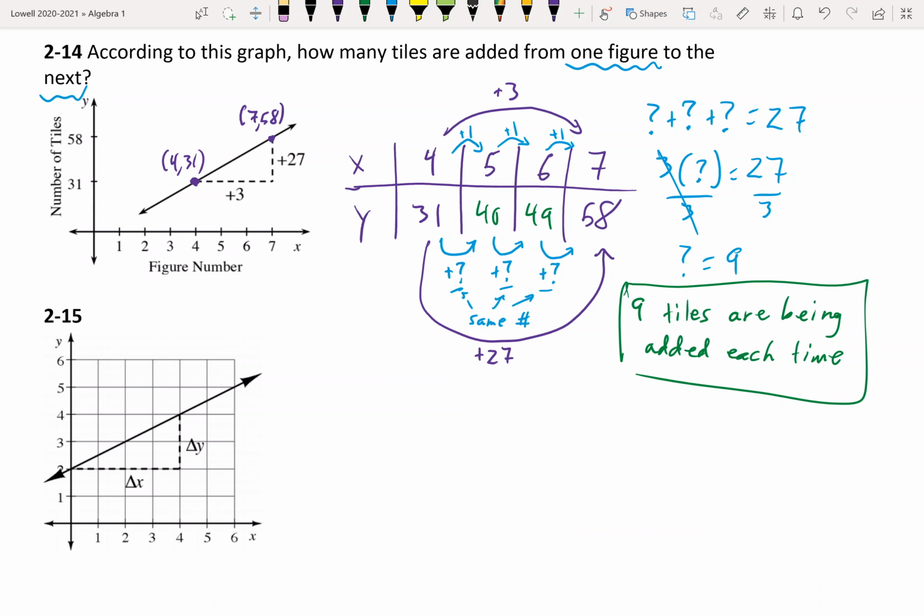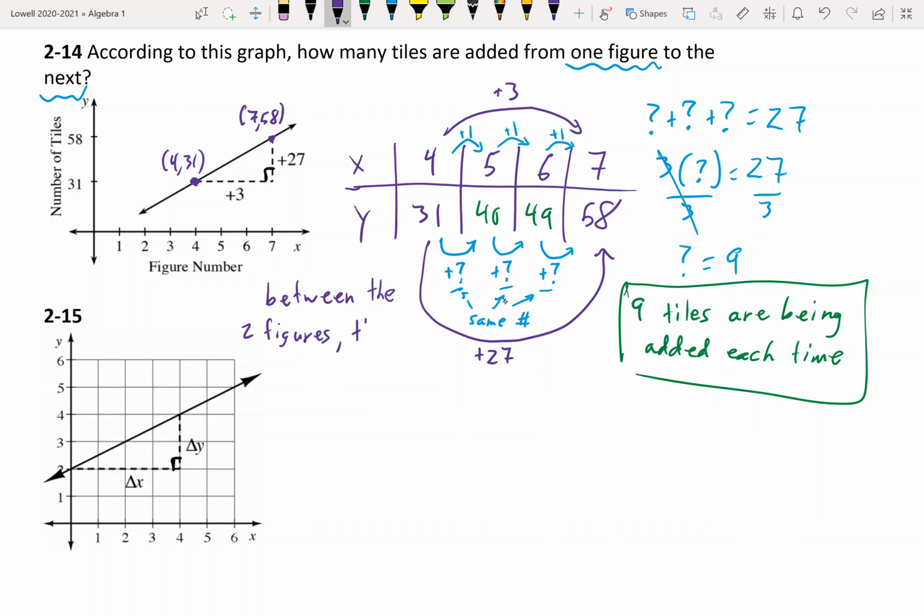This is going to help us generalize what we just said. Look at how 2-15 is actually very similar. So these are both, by the way, right triangles. These are right angles right here. Now, look at what we did. We said, hey, between the two figures that we started with, right? Figure 4 and figure 7 in that case. Between the two figures,